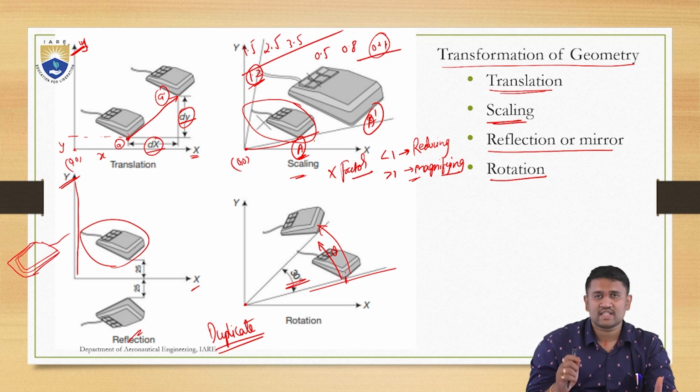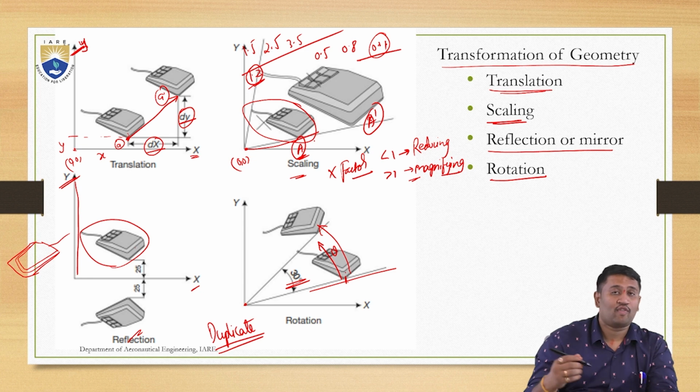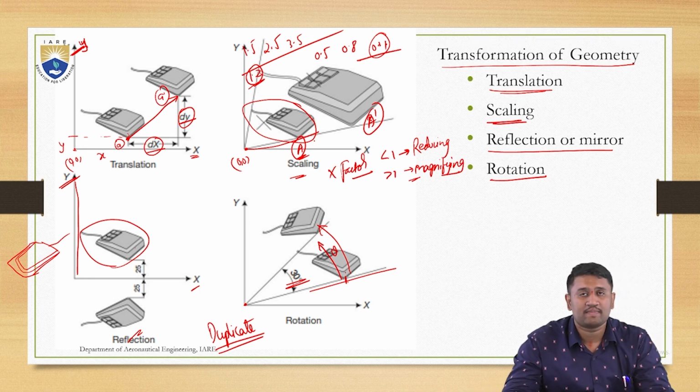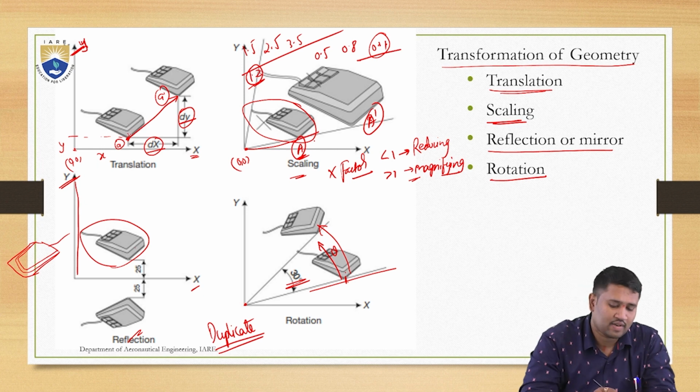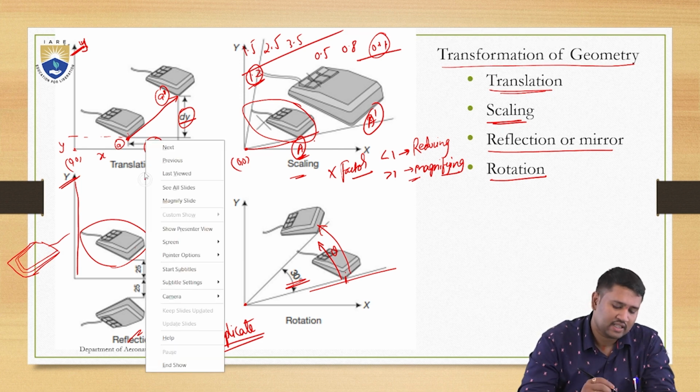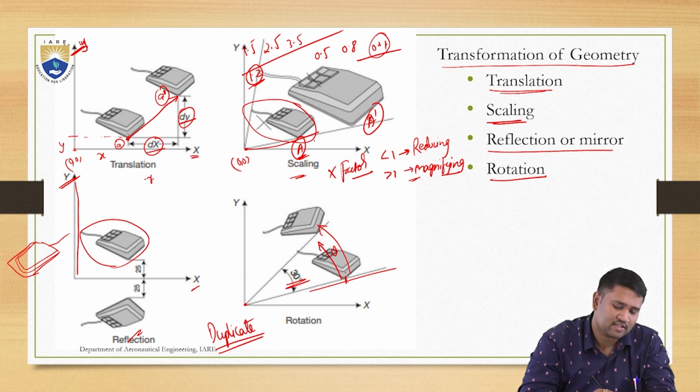Now in this we'll discuss a small thing: what is the data that is required to perform this particular transformation, right? Whenever you want to transform an object from point A to A dash, as we will discuss here, the data you need is the change of length in the direction of x as well as y,